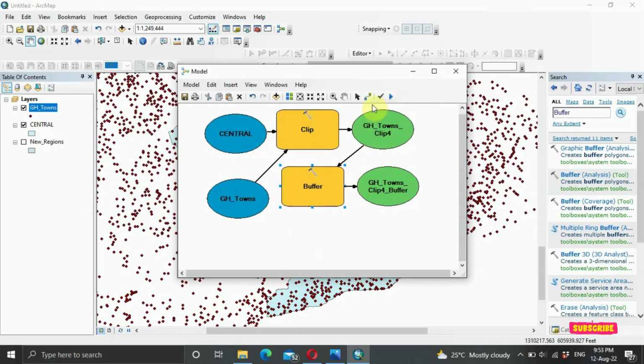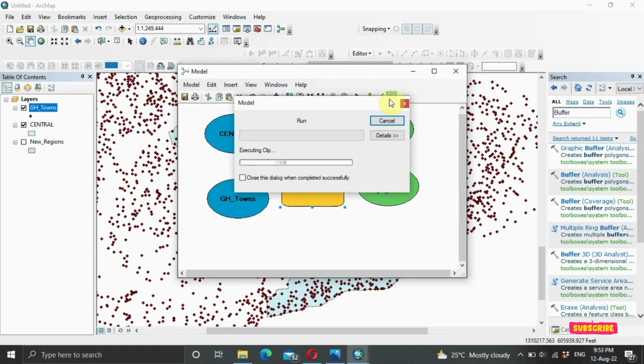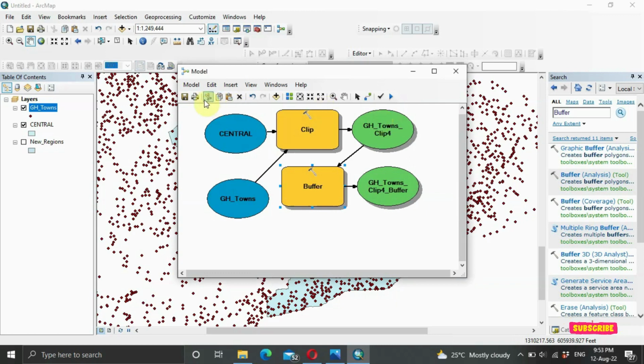Then you click on the run sign, validate entire model. So as you can see, it's scanned, then you can click on the run, and as you can see, it is executing clip, executing buffer. So as you can see, when it comes, it's going to come as completed and you can close it, and then you can also